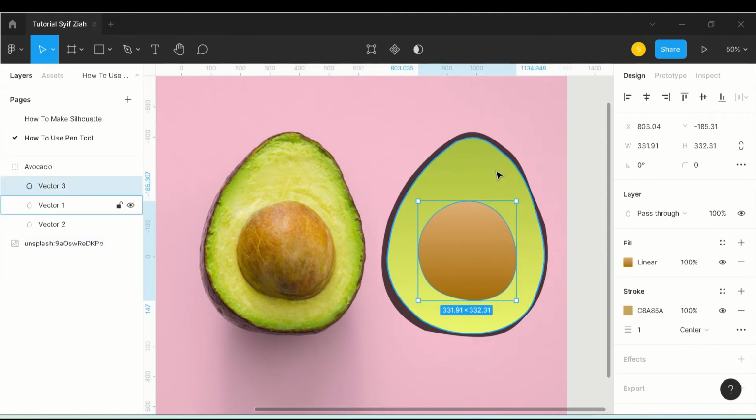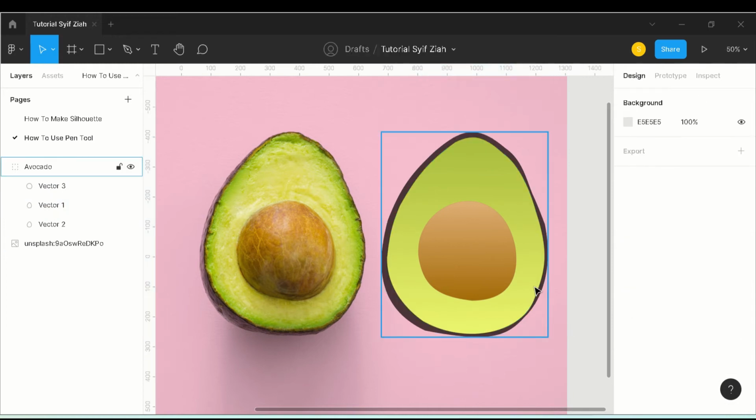Okay, I wanna make a shadow for this avocado.